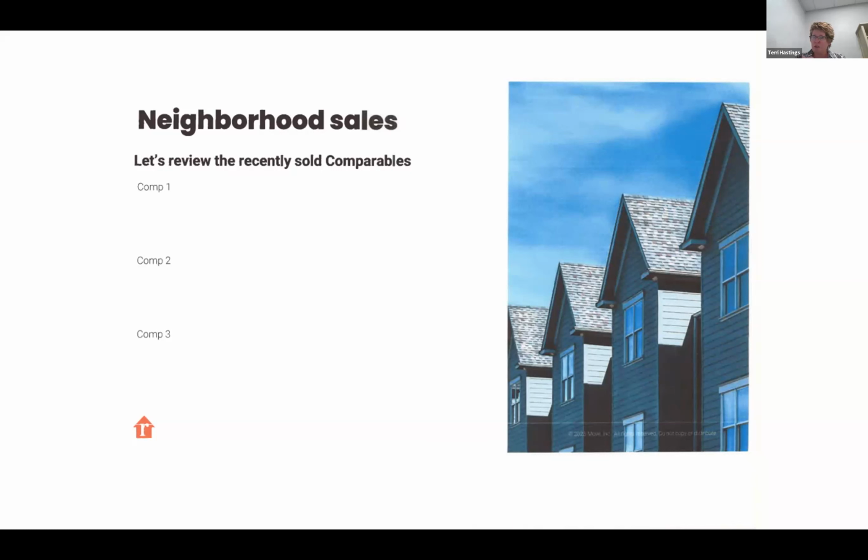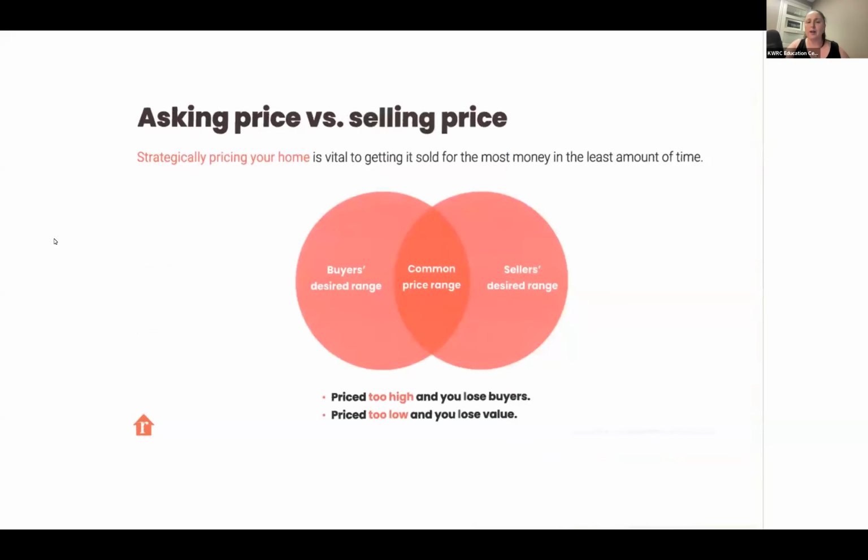And she'll say, well, we were kind of hoping for 1.1. And then I'll say, okay, well, you know what? I don't think we're too far off. I think the realistic picture of where the market is and what all the numbers are showing us is around that 950, maybe $1 million. So now I go into the pricing talk. Okay. So then you go right into the comps to show them why you're at 950 to $1 million. That's right. And so now I'll talk about asking price versus selling price, Jen.